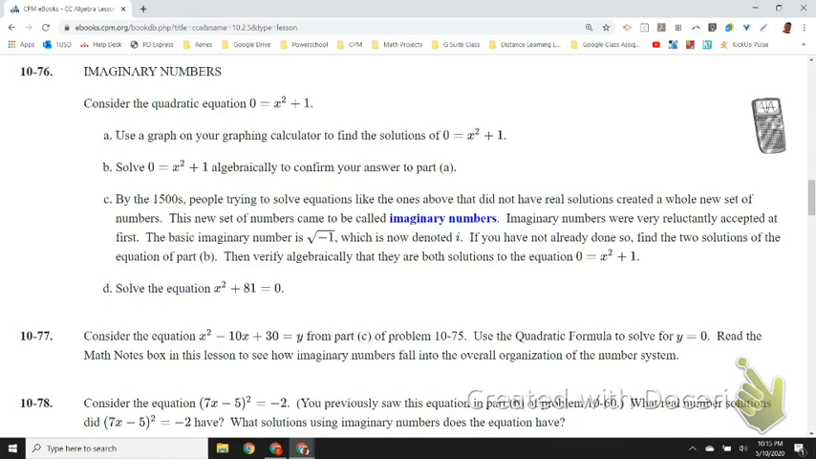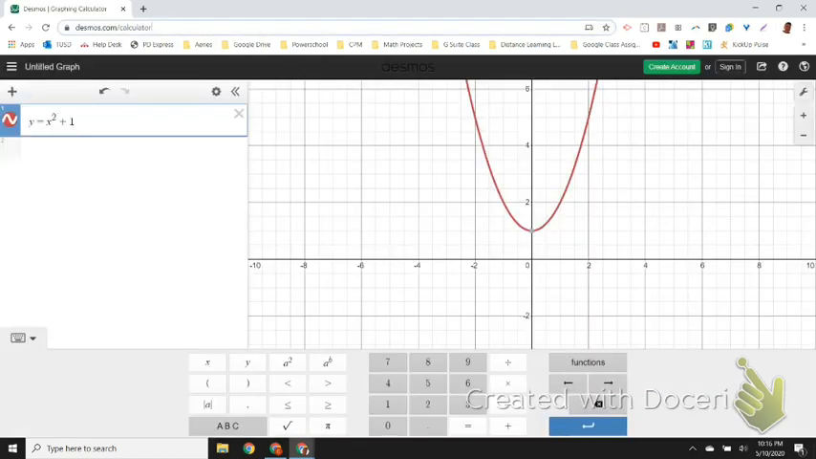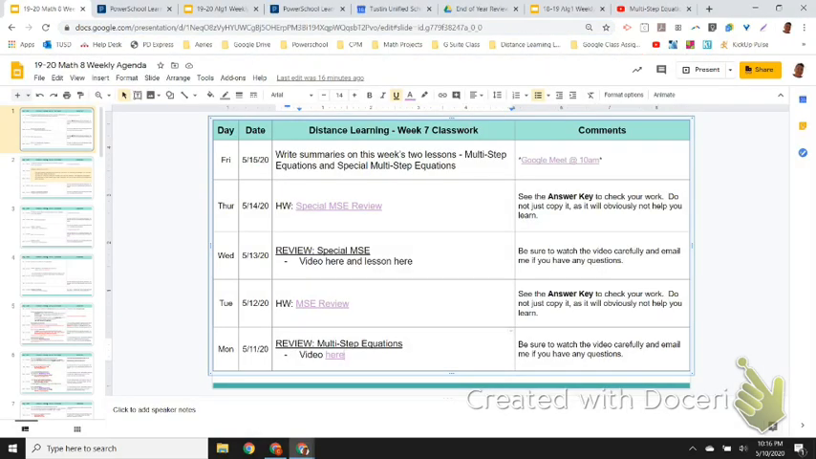So let's see. Thought I had this earlier pulled up. Here it is. So there's the equation. I changed 0 to y on Desmos just so it could show up. So y equals x squared plus 1. As you can see, I don't have any intercepts, right? So we go back to